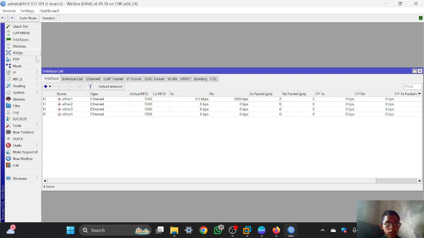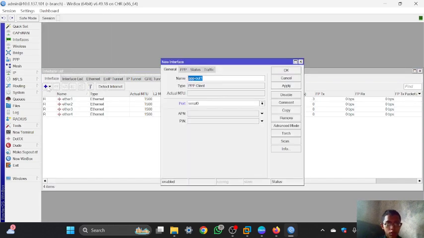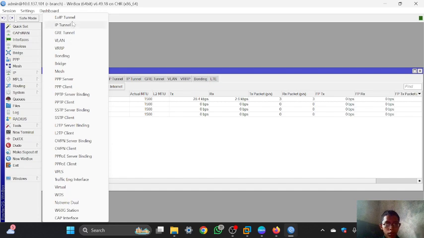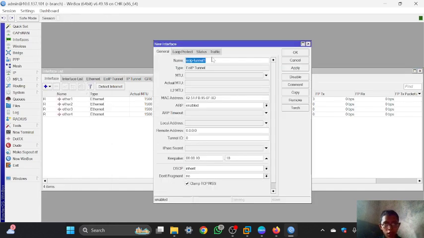And you can set the VPN tunneling in the router branch. You can go to the Winbox of router branch and then interface, and then you can click add. Click add, and then there is LIP tunnel. And for the name, I will set it to LIP to the center.